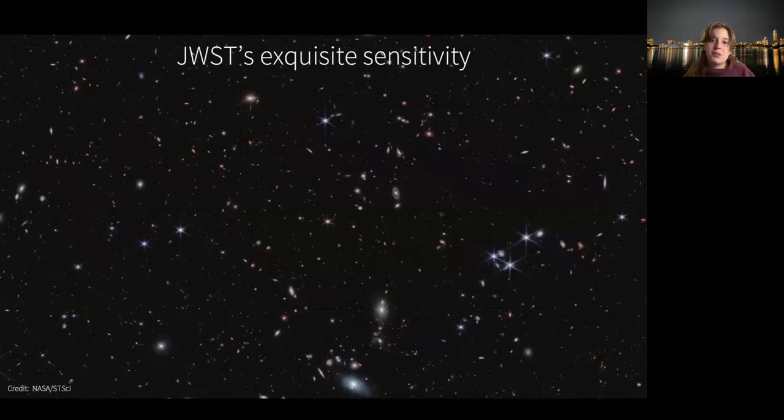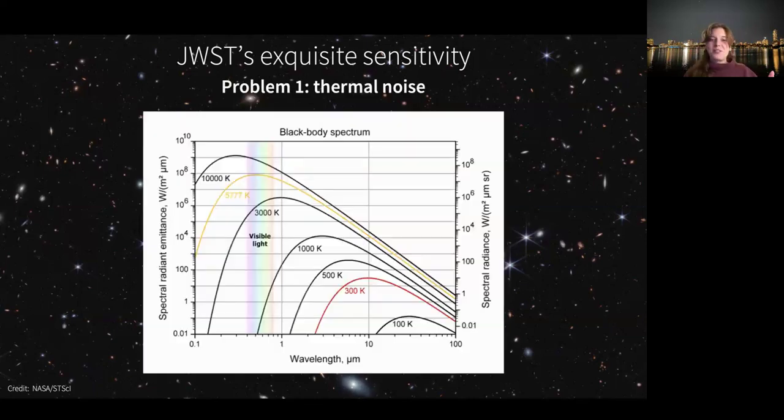Now we're going to sensitivity. You can have a detector that is sensitive to the wavelengths that you need it to be, and is able to convert that light into a charge or into some sort of current. But then we need to talk about what other things could be exciting your detector, in other words, what are the dominant noises that limit the level at which you can detect an astrophysical signal. Because we're in the infrared for JWST, problem number one is thermal noise. I mentioned blackbody already a few times here.